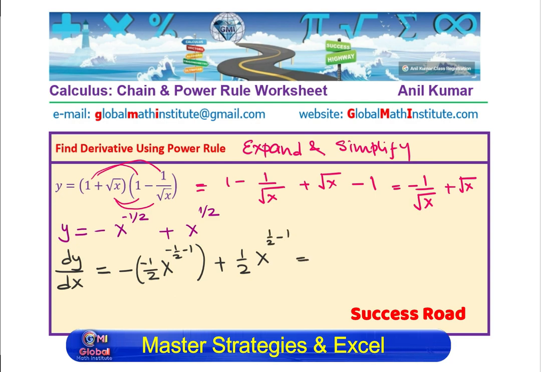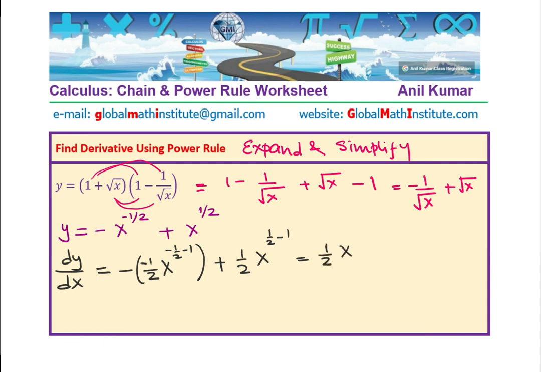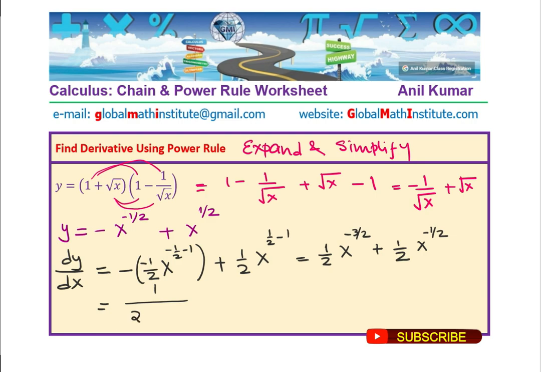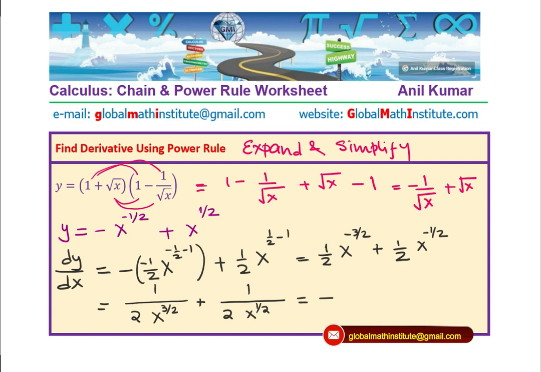So that is equal to, when you open this bracket, minus and minus becomes plus. We get half of x to the power of minus half minus 1 is minus 3 by 2. And here we get plus half of x to the power of minus half. Now it is important to write with positive exponents, and therefore we are going to write this as 1 over 2 x to the power of 3 by 2 plus 1 over 2 x to the power of half,